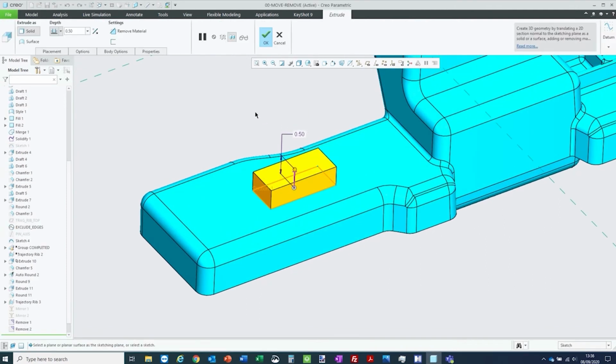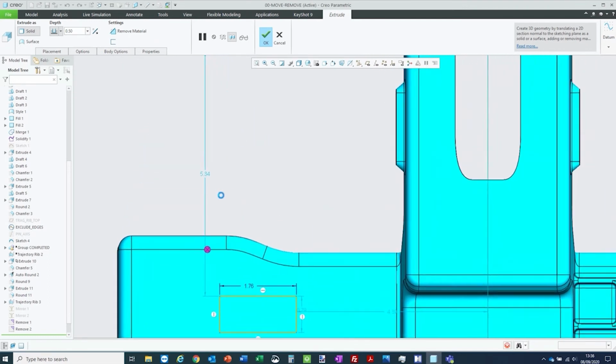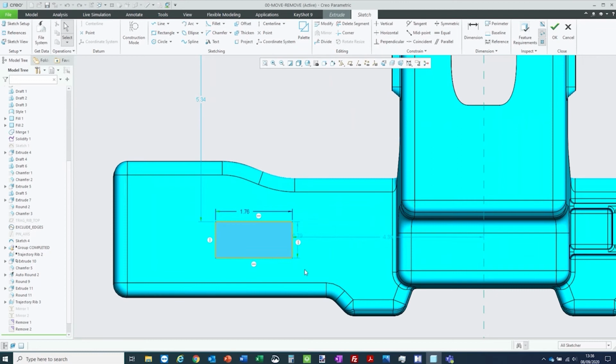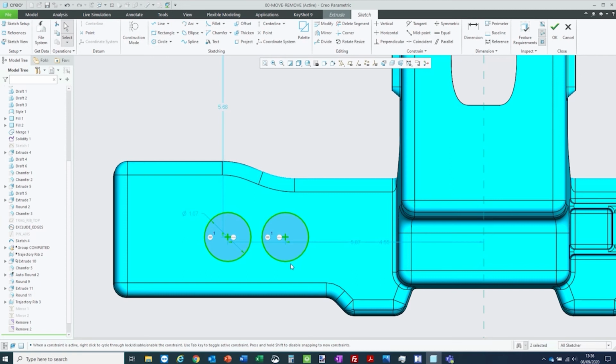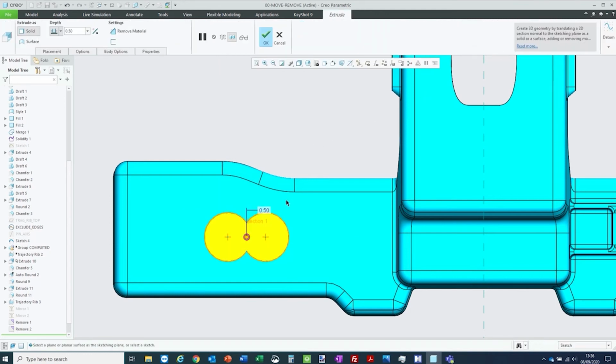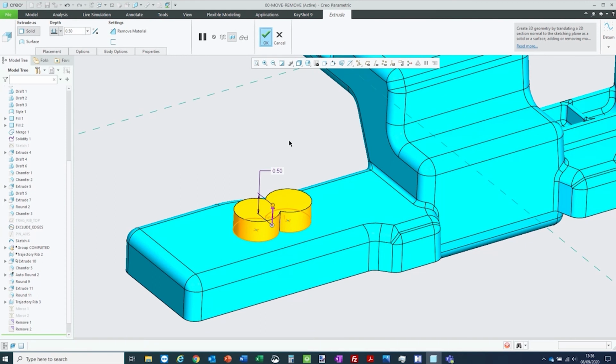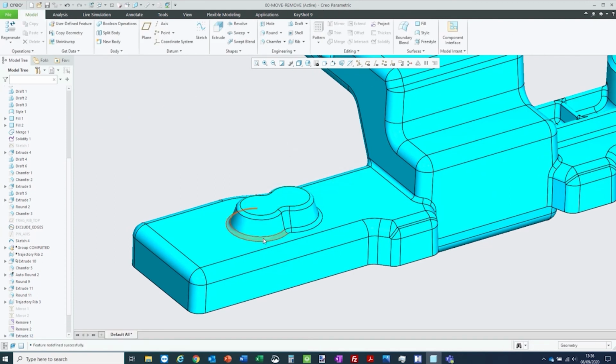If I go back to my original extrude and edit that extrude, I'll select all my sketch entities again. If I now delete that, the software doesn't complain about anything because I didn't specify a specific edge. I used the intent option, and I'll move that section again so that it intersects and delete the middle section again to create a closed loop. And if I now complete this feature, what you'll see is the software will automatically